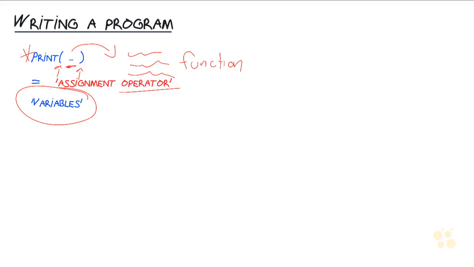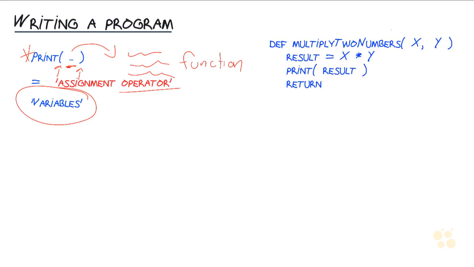So what we do is we use variables in place of our commands. As an example, take a look at this quick little function that I have defined here. Now this is obviously way more advanced than what we're working with, but I just want to highlight a couple of points on it. I've called it multiply two numbers, and that's exactly what it's going to do. It's going to take two numbers, multiply them together, and use that little print command to spit out the